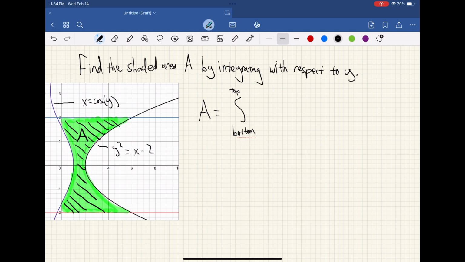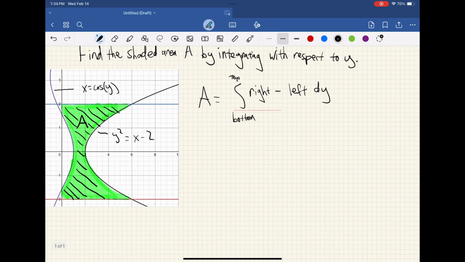So the integral of the rightmost line, the right function, minus the left function. And then we're going to integrate with respect to y, so dy. So in this case, A is equal to the integral from the bottom